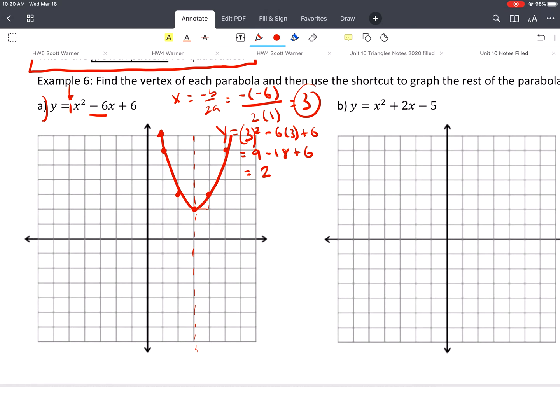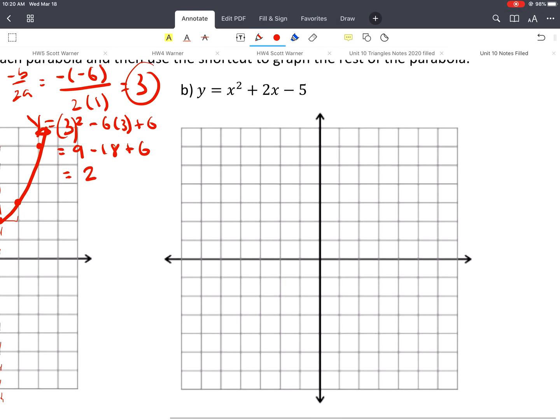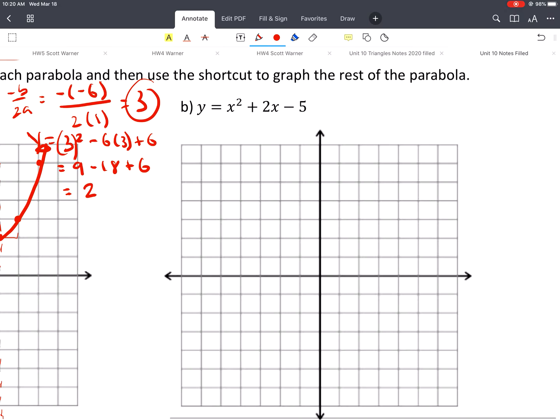And that's all there is to it. Okay, so let's give another try for D. Alright, first we need to find the vertex. So to find the vertex, we find the x value of the vertex, which is negative b over 2a, which